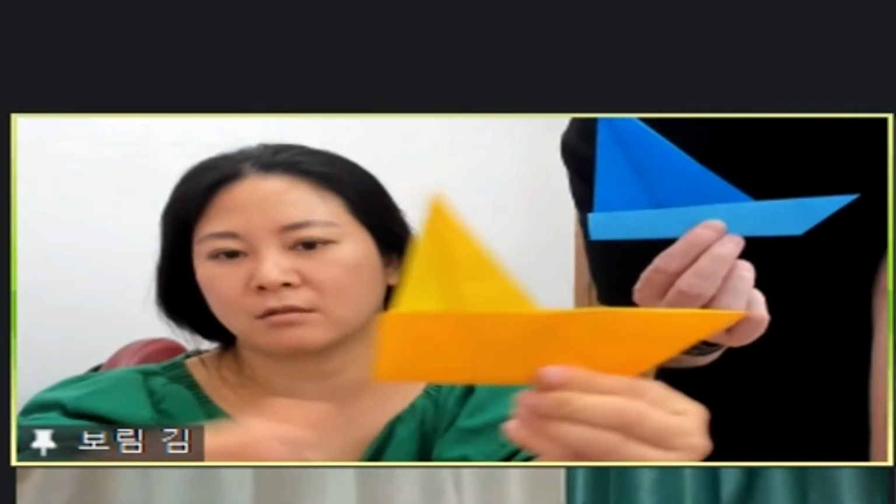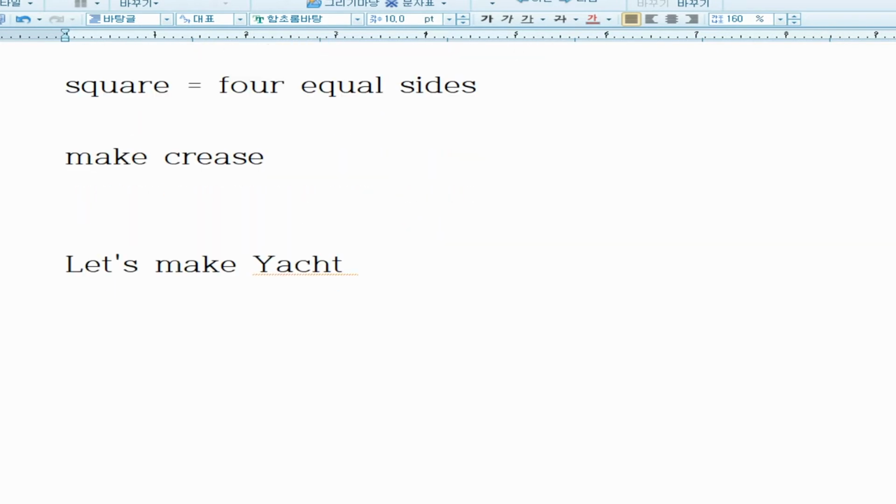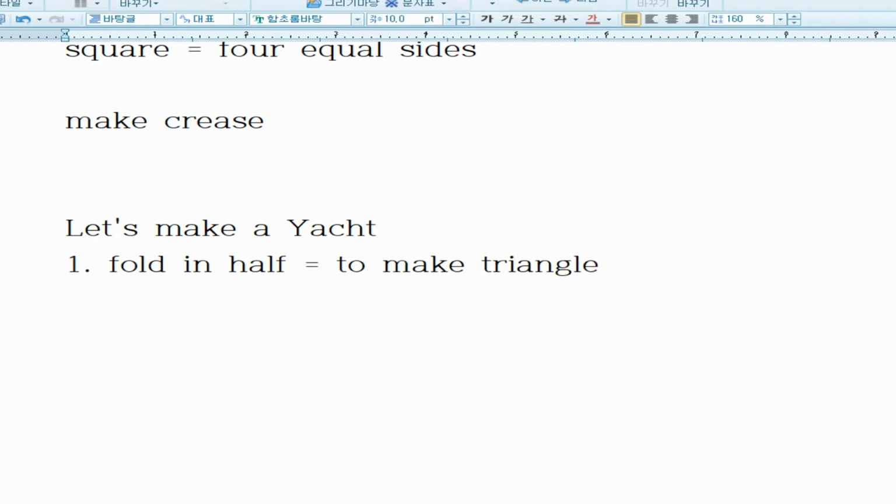Did anyone make that? 자, let's make a yacht. Y-A-C-H-T. 자, 첫 번째 얘들아 어떻게 만들었지? 1번. So fold in half. 자, fold in half. 자, let's make a yacht. 자, fold in half. 그래서 to make a triangle. Triangle. Okay. 그 다음에